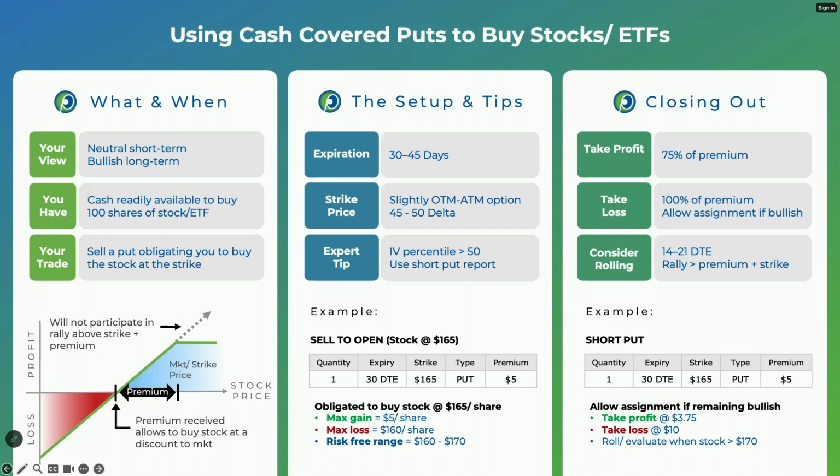And then when choosing an option, we look for a 45 to 50 delta, which we're going to bring up in the options chain and maybe talk about some practical application. And the IV percentile of over 50 just tells you if something's more expensive. And then we've, of course, got some exit strategies in mind. If you have an exit strategy when you're trading stocks, we want to apply the same for trading options as well. Our best practices are just having an exit strategy on your profit side as well as your loss side.